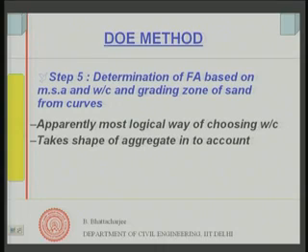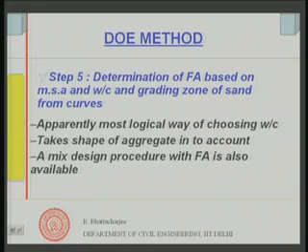Then the shape of the aggregates is also taken into account directly in one table. Of course, shape of the aggregate is also taken into account in the Indian Standard Code method, because we said for rounded aggregate we reduce the water content by 15 kg per meter cube and reduce the sand content by 7%. And then a mix design procedure with fly ash is also available, and that is precisely why this seems to be quite a logical method, and it is easily applicable to the Indian situation also, because it deals with the cube strength, and the Indian method is almost similar to this; there is some similarity.